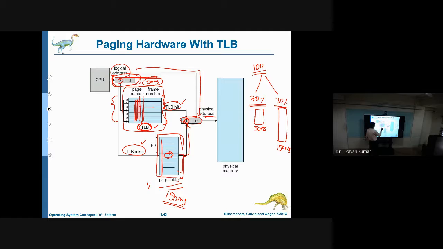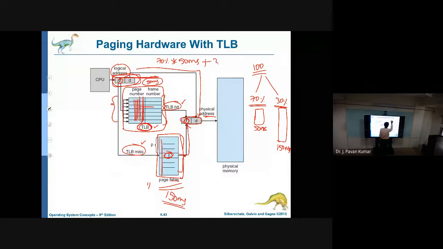Consider that for 70% of the time, we will get the required page number in the TLB itself. So 70% of the time we will require 50 milliseconds. Plus the remaining 30%: what do we have to do?